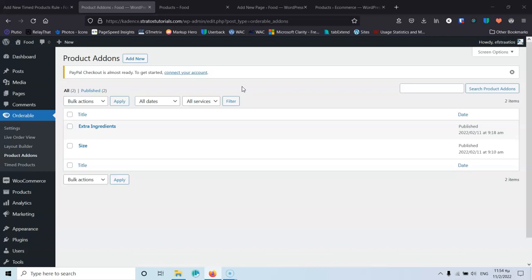In many restaurants, they have massive add-ons lists and you have to go manually and edit one by one. Give us a template, show us how to build a CSV, and then bulk import all the product add-ons. Duplicate the add-ons by just a click and not have to go and add another plugin just to duplicate those